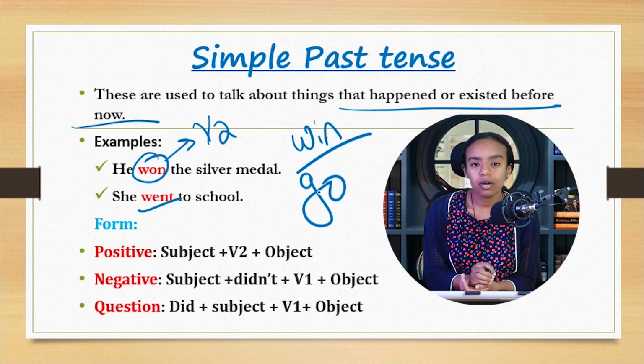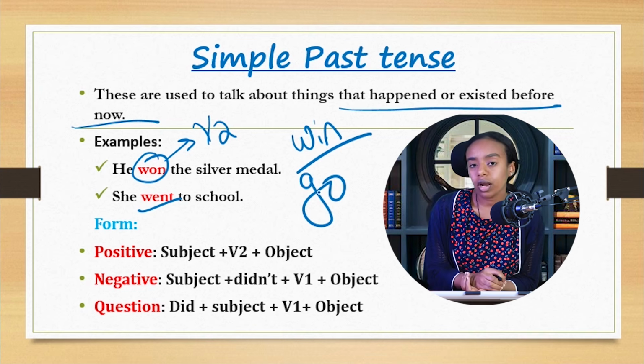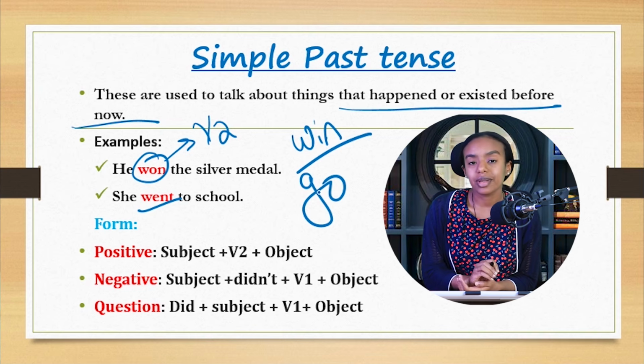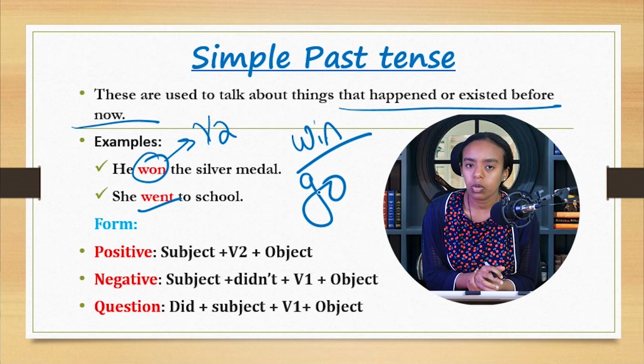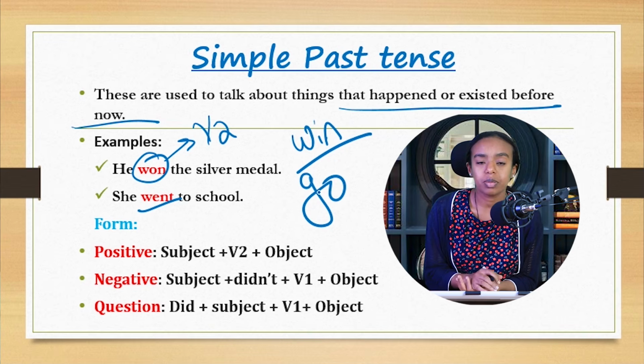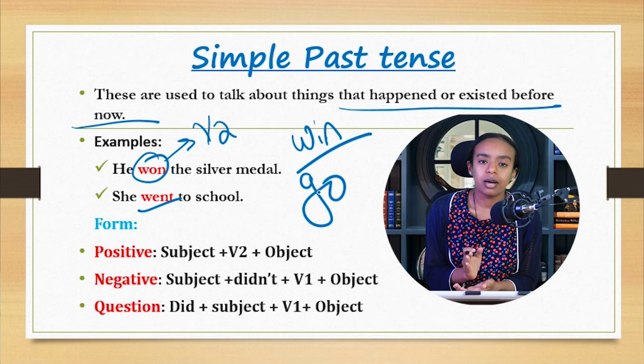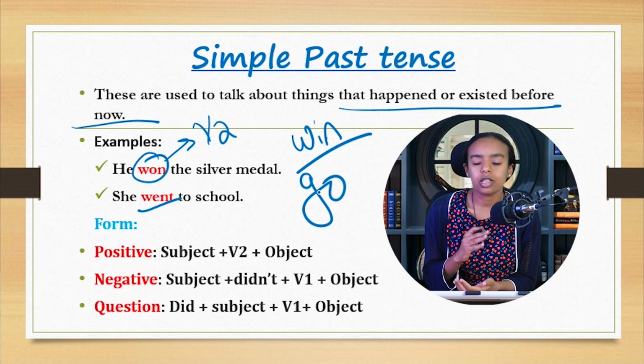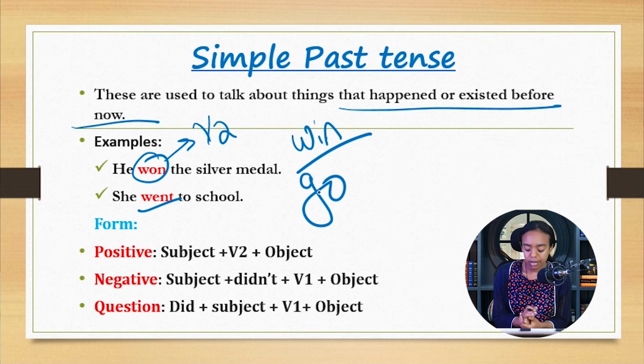ስለዚህ we have to know when we are talking about the simple past tense, we have to know how to use regular and irregular verbs. እነዚህን እንዴት መጠቀም እንዳለብን እንዴት ኮንቨርት ማድረግ እንዳለብን ማወቅ አለብን። But the main use of the simple past tense is past ላይ happen ያደረጉ አክሽኖችን ኤክስፕረስ ለማድረግ ነው።